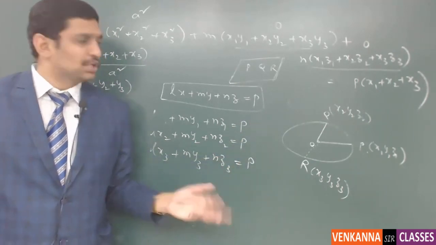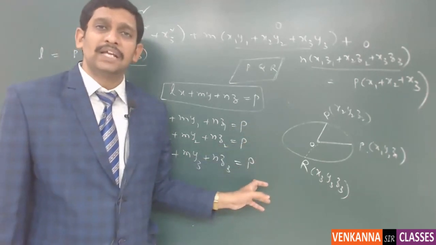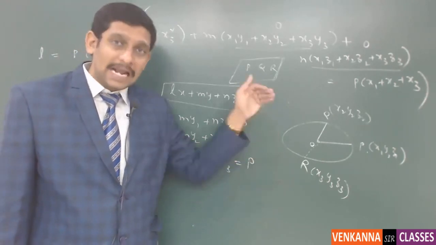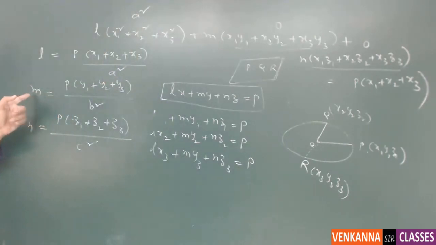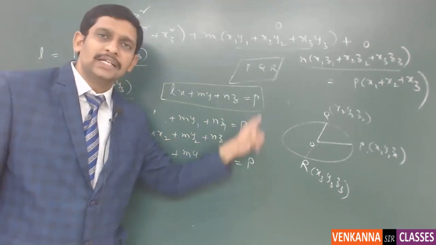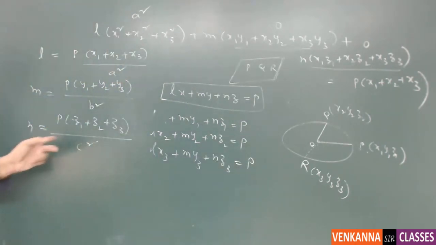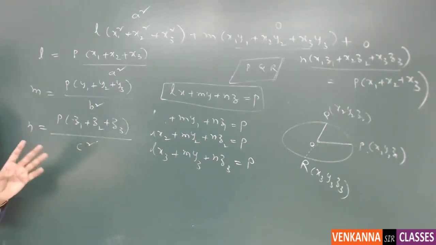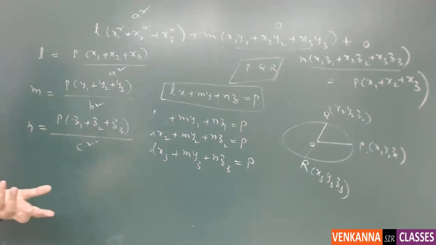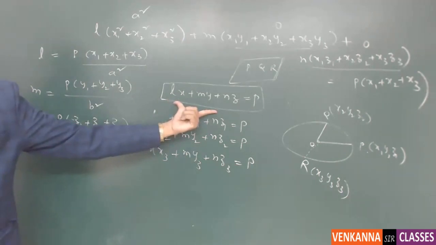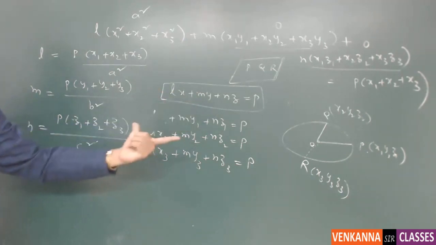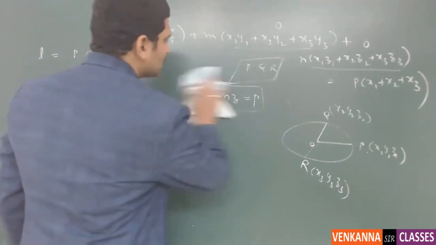Now what happens if you multiply these three plane equations with y1, y2, y3 and add them? You will get the M value. Similarly, if you multiply with z1, z2, z3 and add them, you will get the value of N, like this. Is the perception clear now? How am I getting the values of L, M, N? Now, the final part is, in the required plane equation, I am substituting the values of L, M, N. So the final answer is